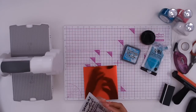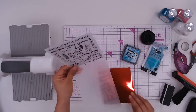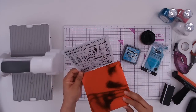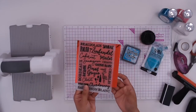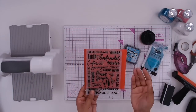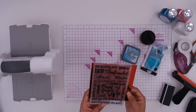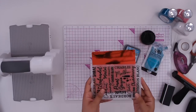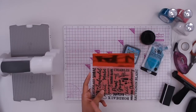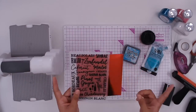So when you usually do your embossing, you open up your folder and you pop your cardstock inside, close it completely, and run it through your die cutting machine to get that nice texture. But you can always do partial embossing. So if you have a bigger die cutting machine, like an A4 sized, you can do it this way. For the sake of this video, I'll show you because I'm using the smaller die cutting machine with the 6-inch